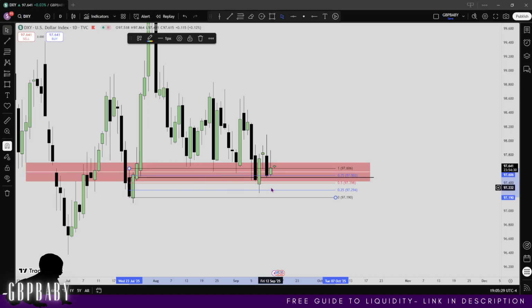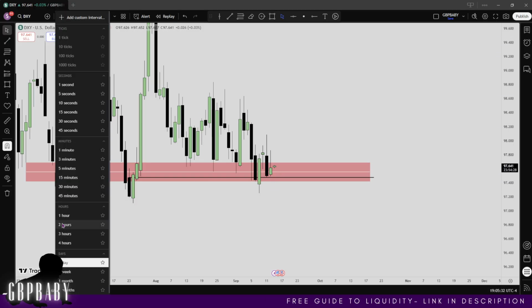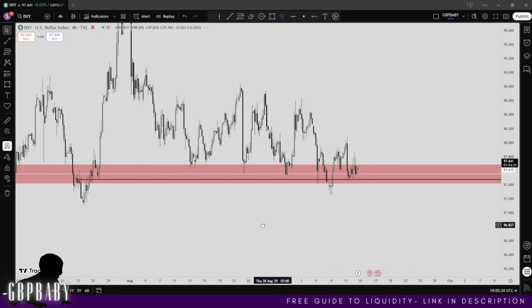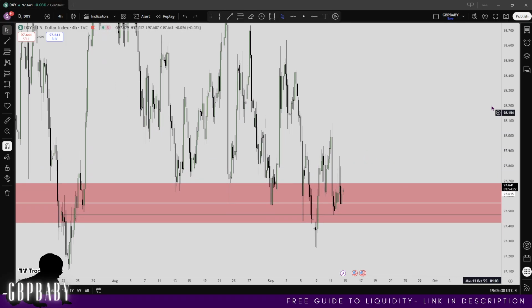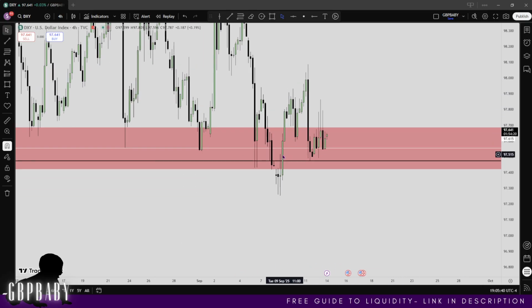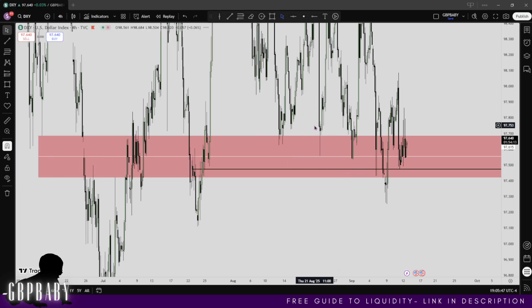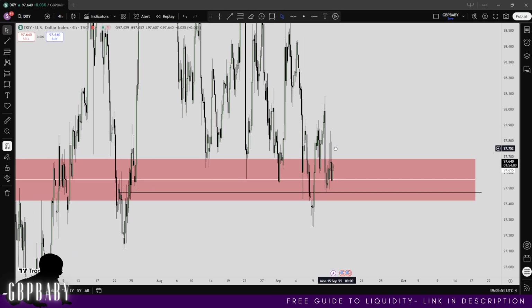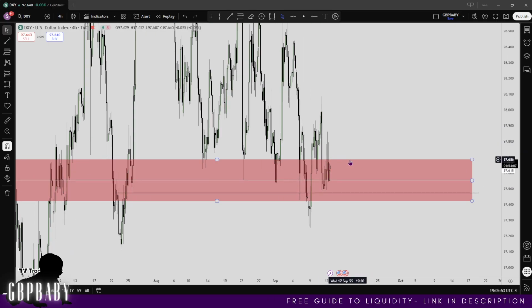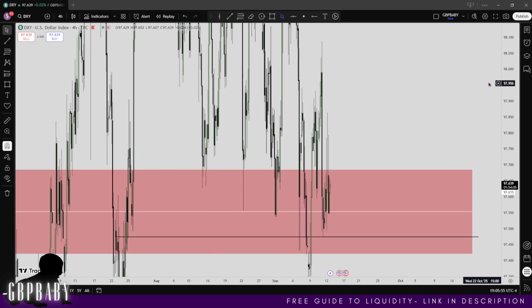So in terms of the new week, I will drop down to the 4 hour. It would be nice to see if price can start trading higher right off the back of things. I'm not really looking for much downwards price action. The fact that we came down, filled this fair value gap, and price is just hanging around inside, I'm looking to see if we can crawl outside of it. What I want to see is, so this red box, remember this is a weekly inversion fair value gap. If we can get above this high off it, which is right here obviously,